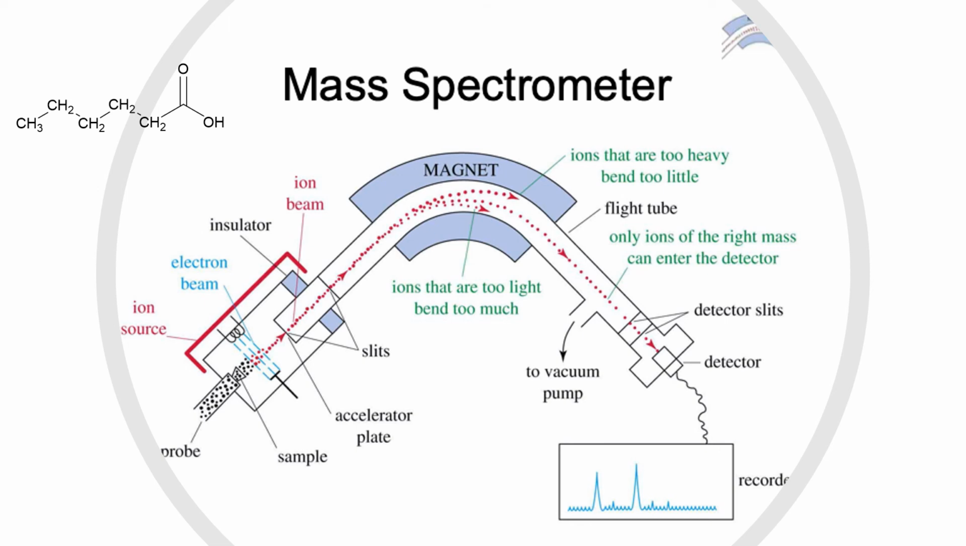Hello chemists, I'm about to talk to you about mass spectrometry. Mass spectrometry is the first of the three types of spectrometry that we'll be covering as part of this topic. Mass spectrometry is the science of using magnetic fields and measuring devices to measure the mass of different fragments of